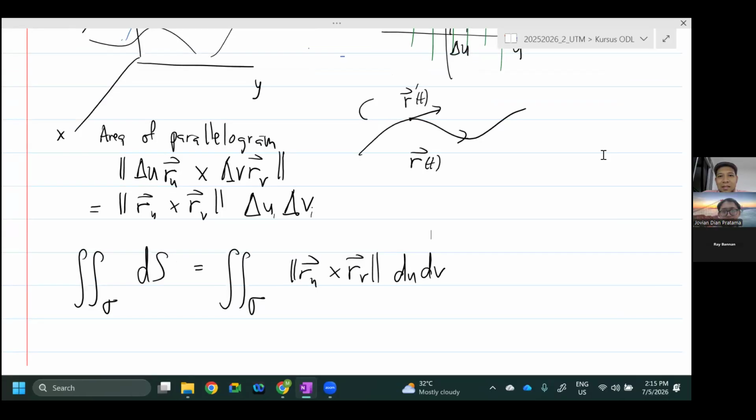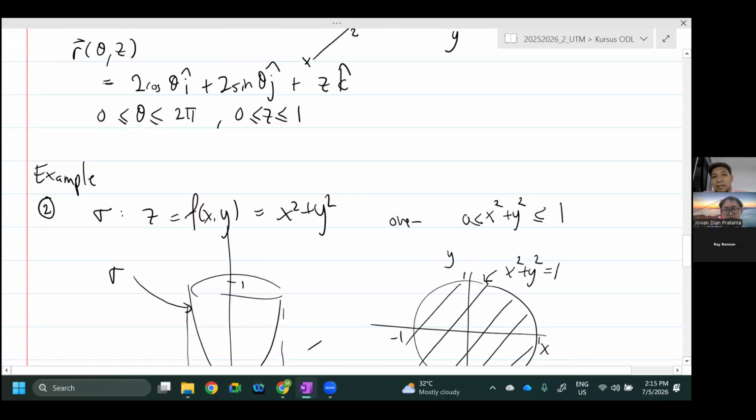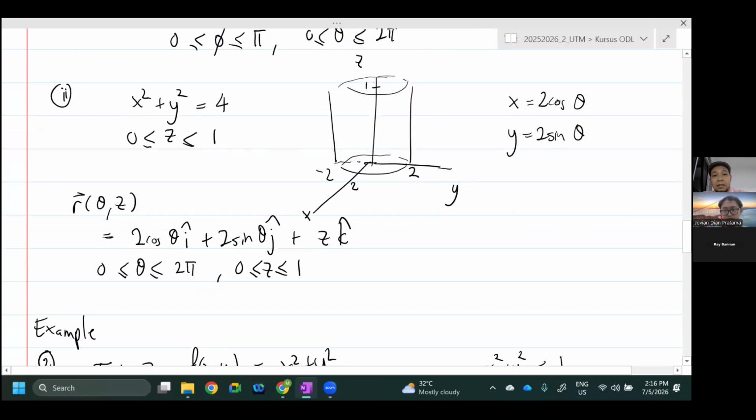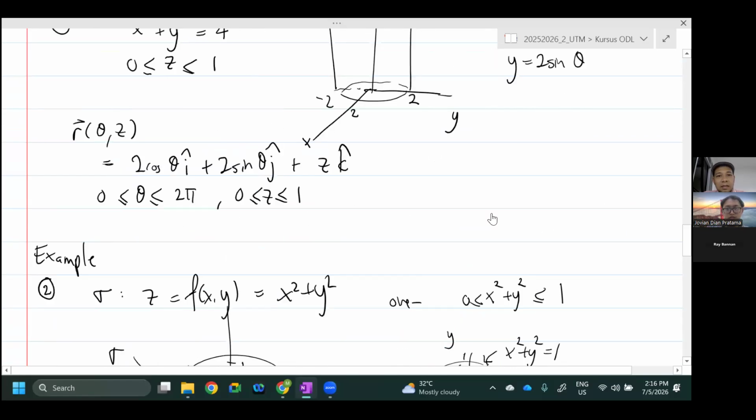Next, once you derive this formula, let me look at an example. I think I just choose a simple one. Compute the surface area of these things. Let me use this cylinder maybe, much simpler, because you can also compute directly, right, the height and also the circumference there. Let me just copy it here. So given this cylinder surface,